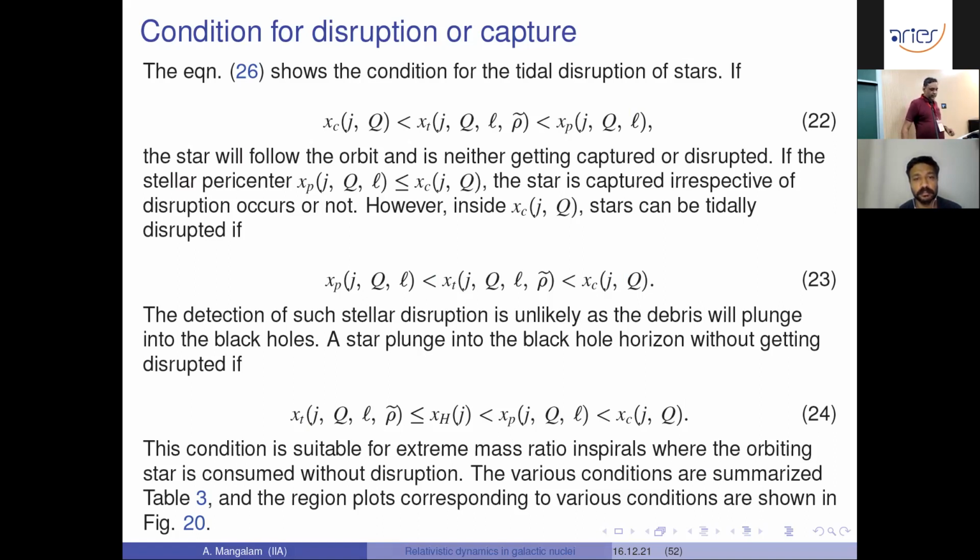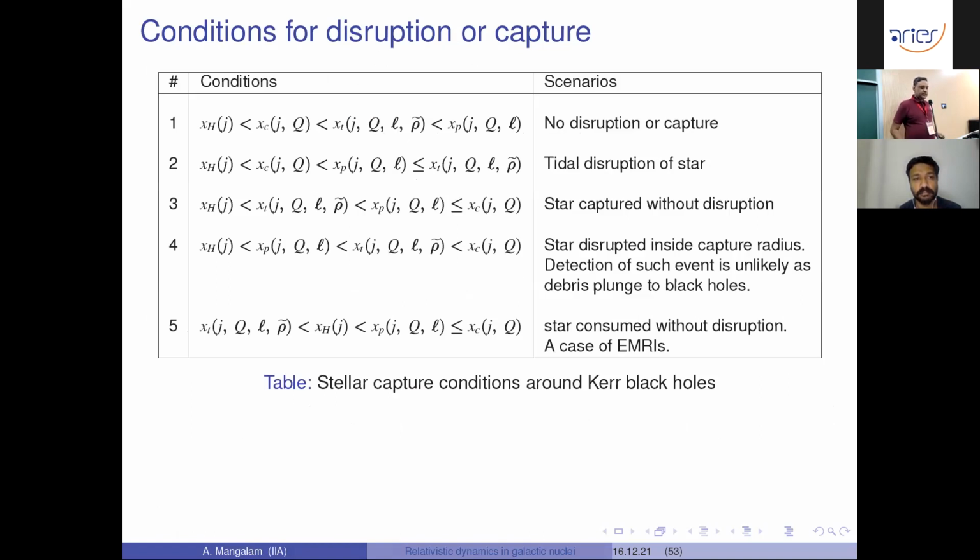So again, the stars can get tidally disrupted if the pericenter is less than the tidal radius or the capture radius. All these things are summarized, these different conditions for disruption or capture: tidal disruption of stars, star capture without disruption. And detection of events where the star gets disrupted, but inside the capture radius is unlikely, because the debris will plunge into the black hole. There's another case where the star is consumed without disruption, and this is a case for MDs. So these different 5 cases can be studied when you take the XT, XP, XH and XC in relation